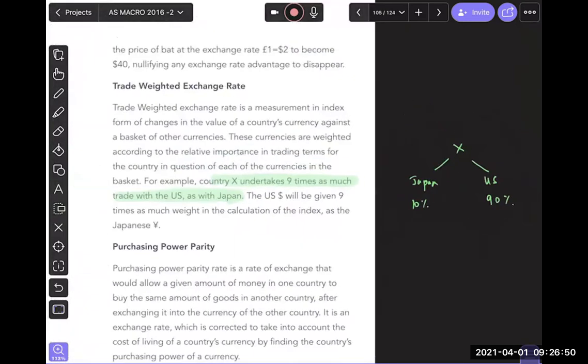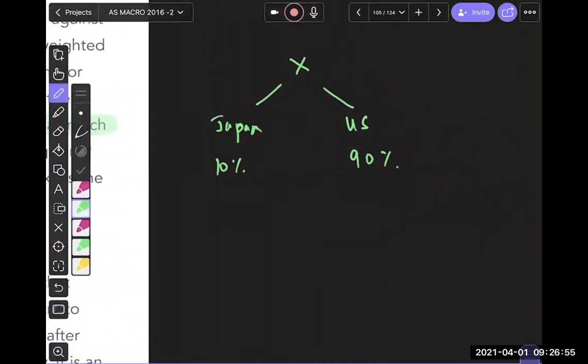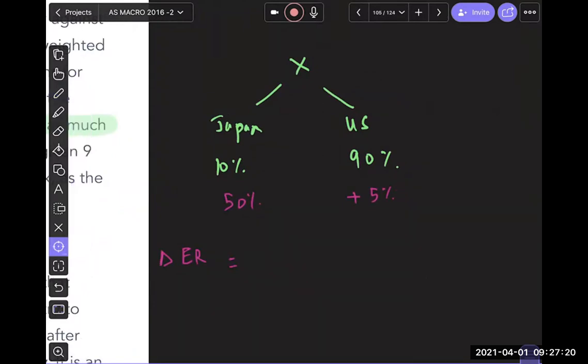Now, let's say with US, your exchange rate is going up by 5%, while with Japan, the exchange rate is going up by 50%. Okay, so what is your overall exchange rate change? If you want to find out, the way you're going to do this is that in a trade weighted exchange rate, if US is more important than Japan because you do 90% of trade with US, then